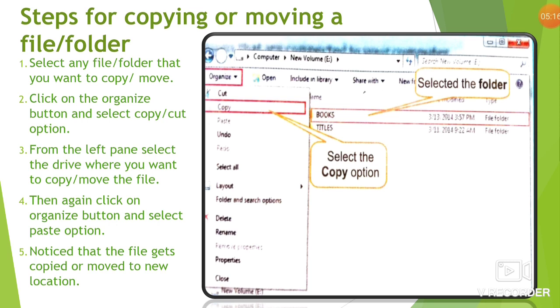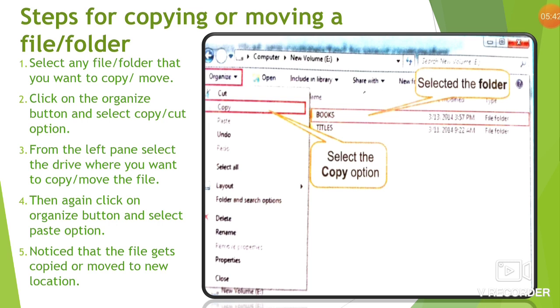Select the file or folder, then go to the Organize button, and select the cut or copy option according to your requirement, and then again go to the new location where you want to copy or cut your file, go to the Organize button, and this time select the paste option. In both cases you have to select the paste option, and you will notice that your file gets copied or moved to the new location. This is one method.